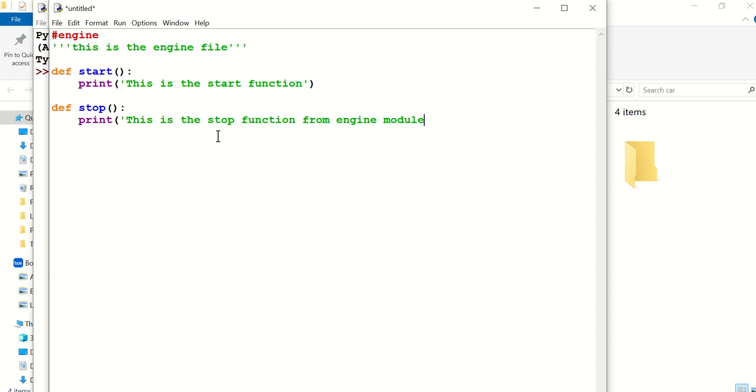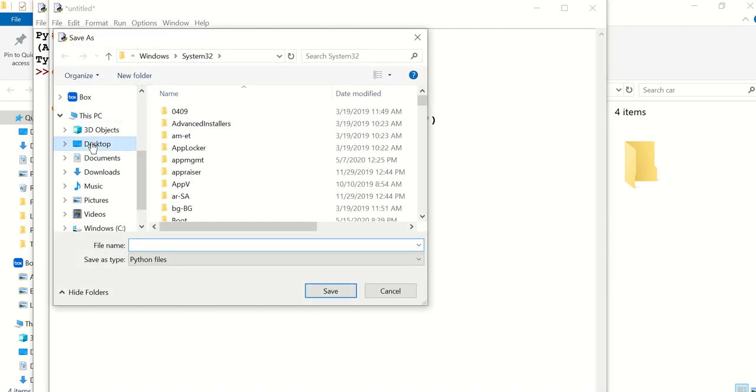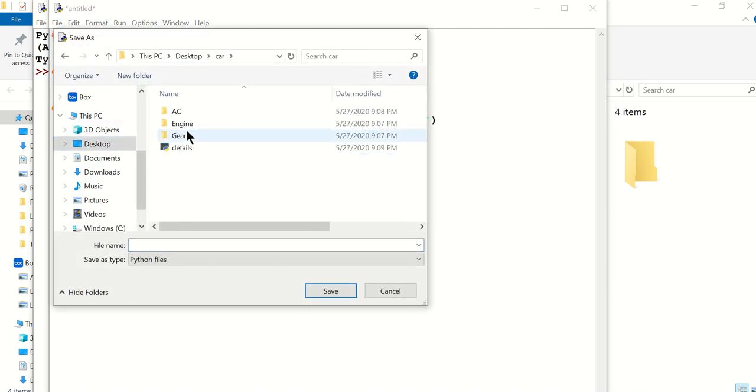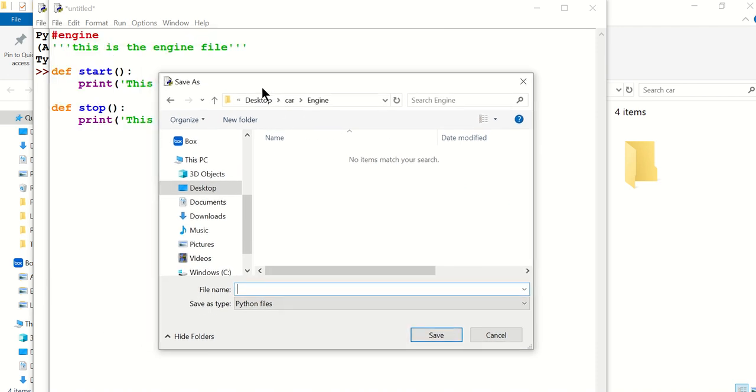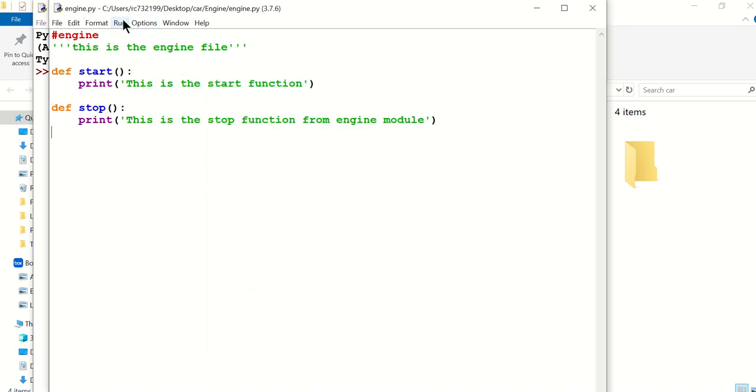Okay, so I want to call this function, and it has to print some information. Okay, save it. Again you have to save it in an appropriate place. So on the desktop, in car, in engine. Okay, you have to give the name. What is the name that you have decided? It is engine. So it is engine.py. Save. Once you save, you run it to check for errors.